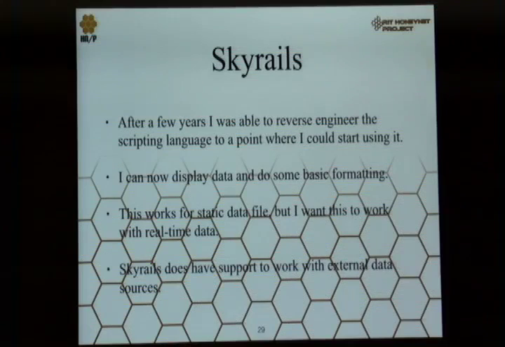After a few years, I was able to at least reverse engineer the scripting language to a point where I could actually display stuff. Excuse me, have you contacted him and asked for the source code? Yes, I have contacted the developer. He has said no. I will go more into that later.